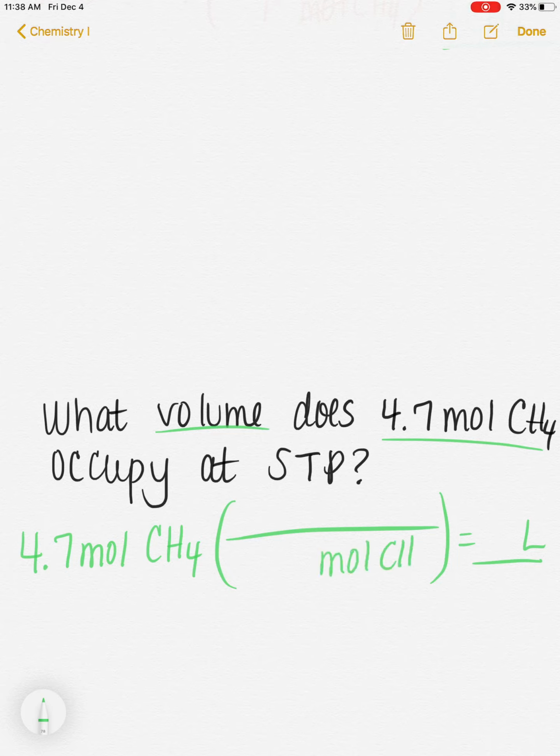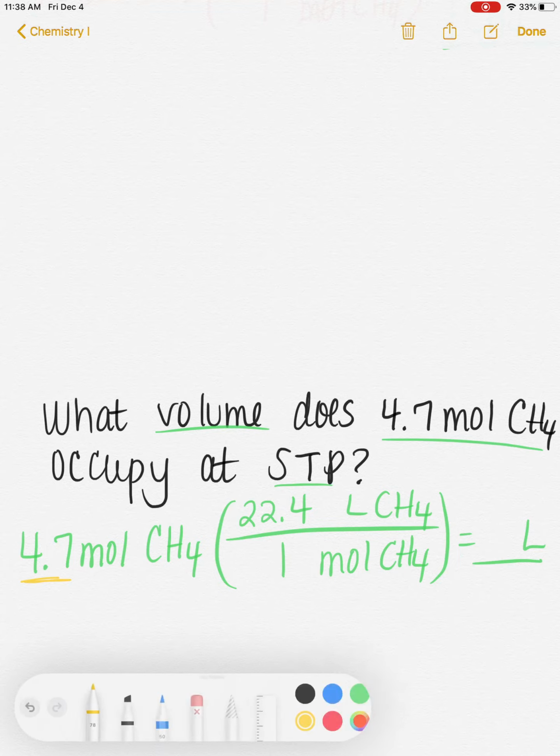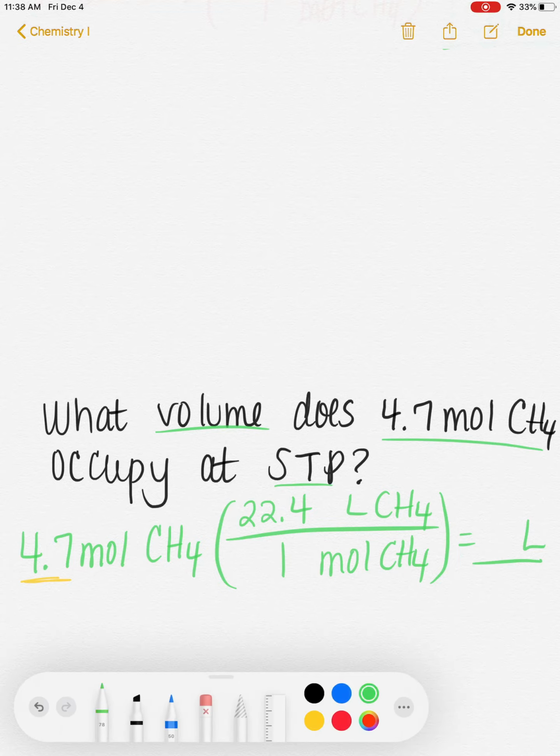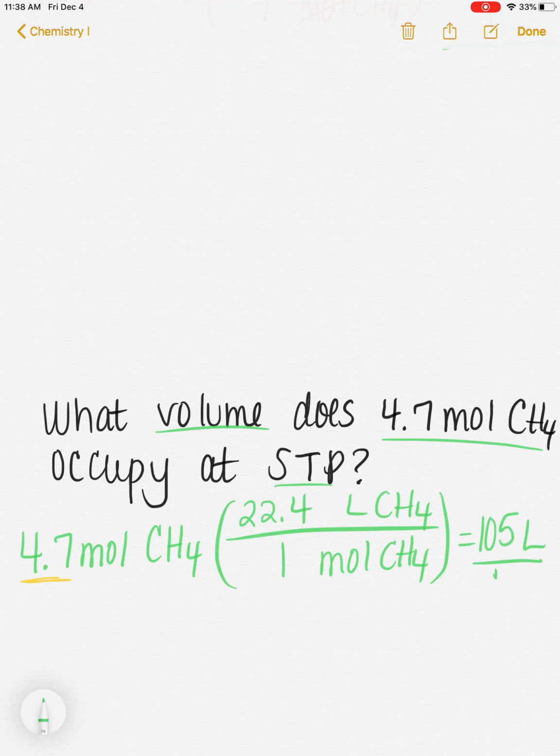I'm going to put moles of CH4 on the bottom because I want to get rid of that, and I'm going to put liters of CH4 on top. We always put a 1 with the mole side, and molar volume says since we're at STP, 1 mole is the equivalent of 22.4 liters. On my calculator, I will begin with the 4.7 that I'm given, and I shall multiply by 22.4 to get my answer. When I do that, I get an answer of 105, and my unit label would be liters of